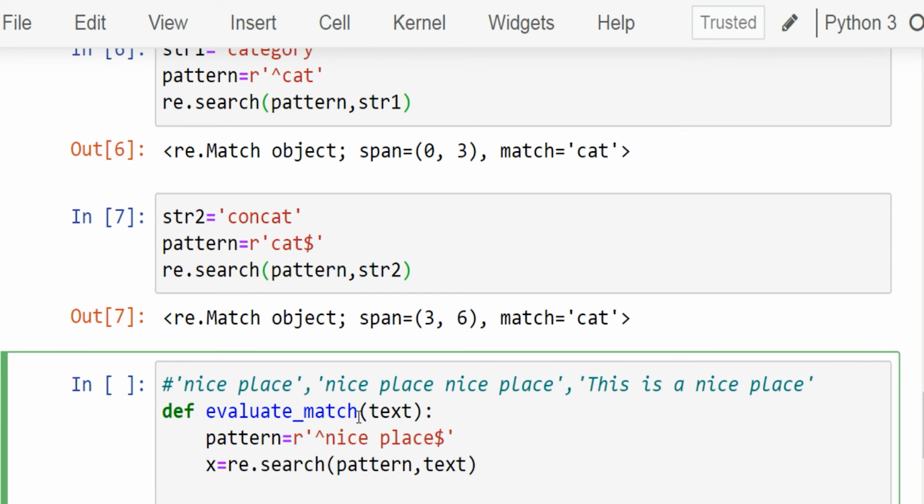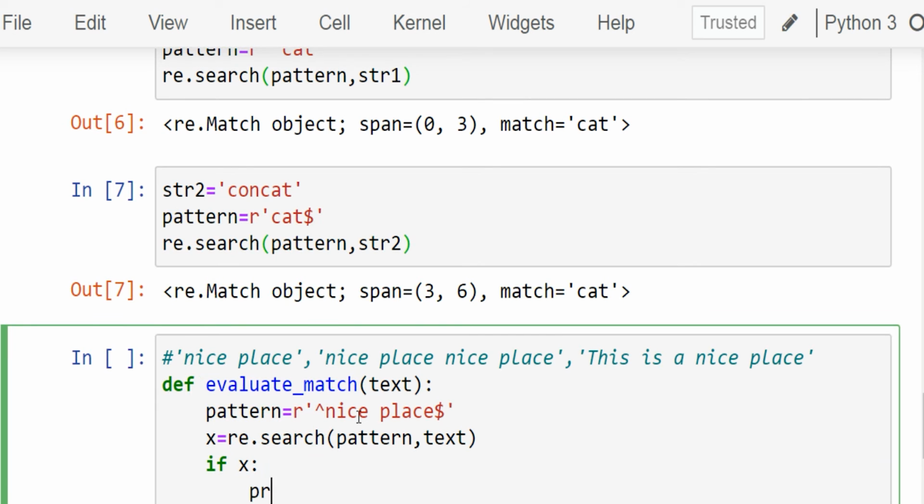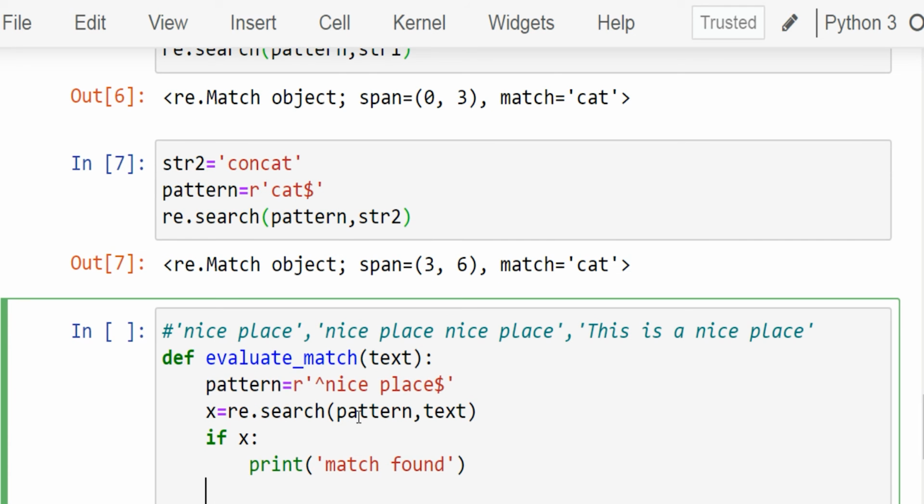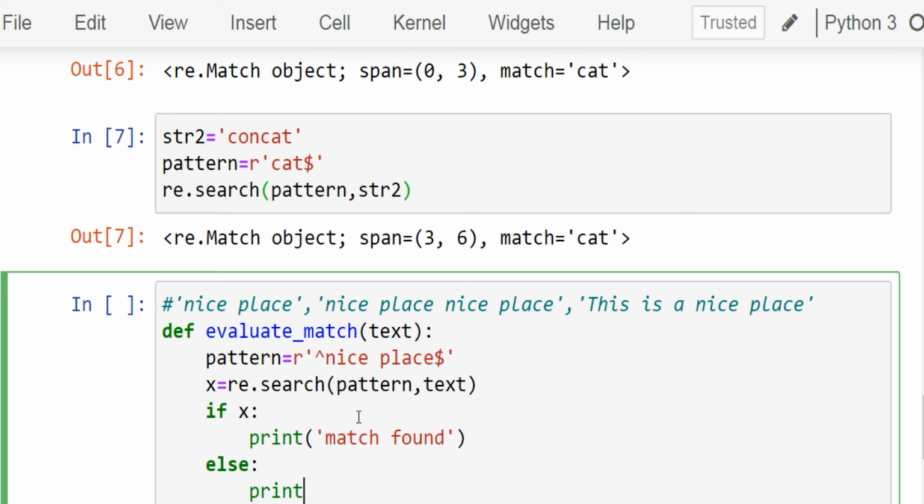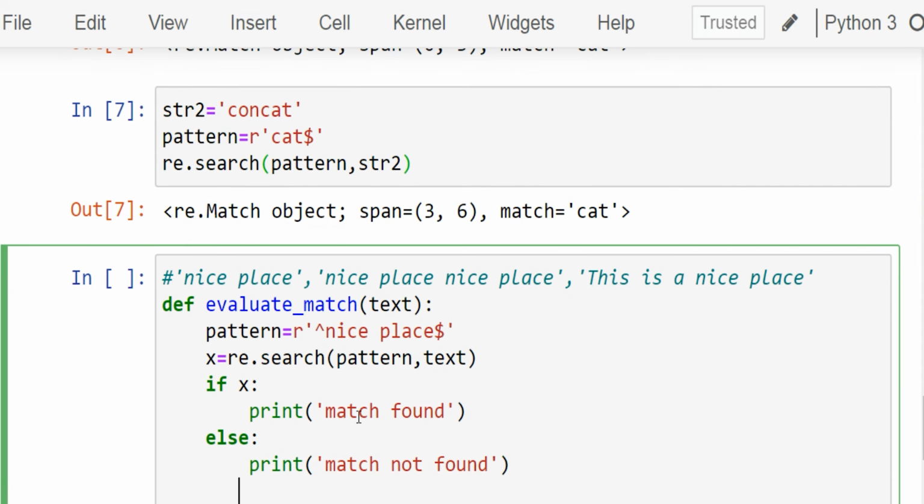Now use the conditional statement: if x followed by colon, print match found. Else print match not found. Now let's call our function evaluate underscore match.